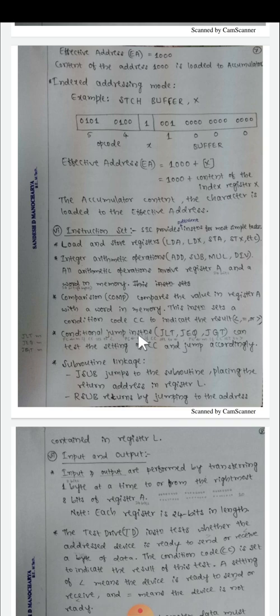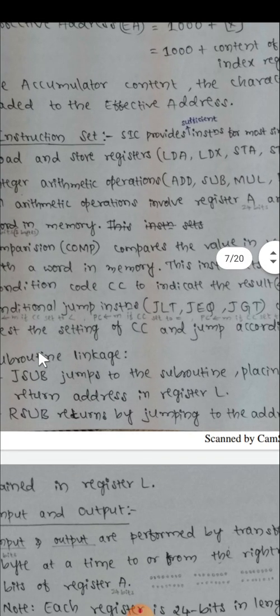And then conditional jump instructions are there. Conditional jump means jump only if it is less than, jump only if it is equal, jump only if it is greater than, like this. Conditional jump instructions JLT, JEQ, JGT can test the setting of CC and jump accordingly. Okay, and here JLT M, JEQ M, JGT M, this is the format of